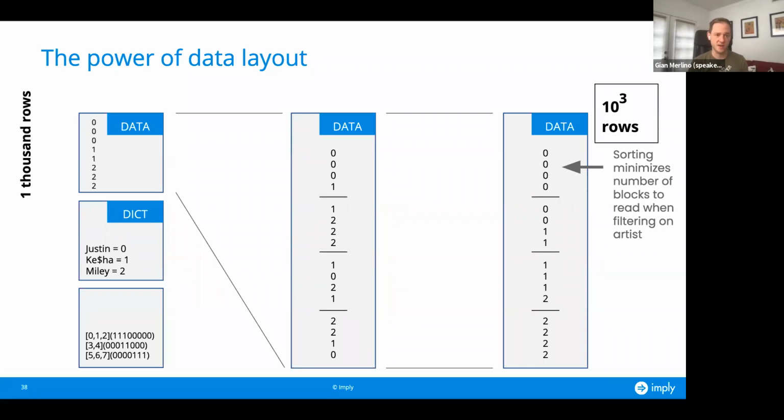But if we're often filtering by artist, you'd want to cluster by artist. And now what this means is that we're only reading 2 blocks to get Miley instead of 3 blocks. And so we've made things more efficient. A real world example,